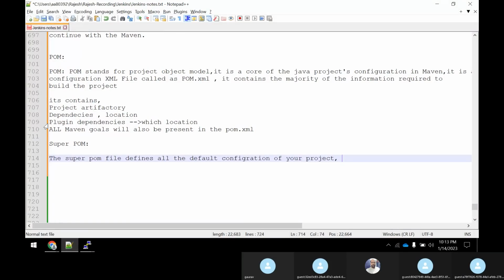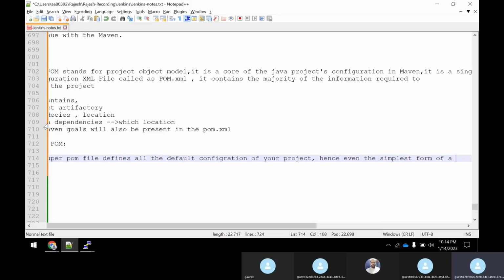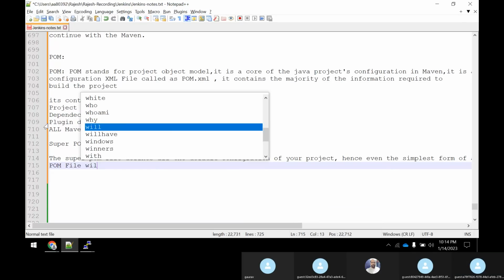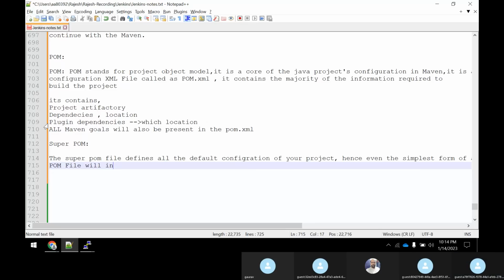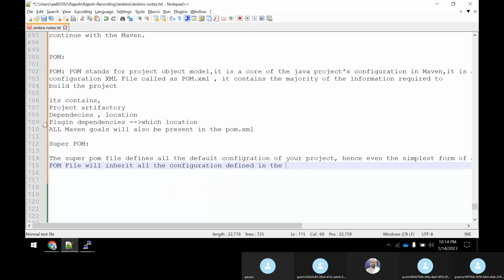So hence even the simplest form of a pom file will inherit all the configuration defined in the super pom file.